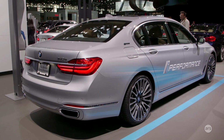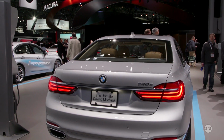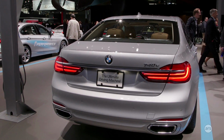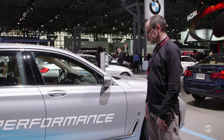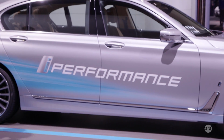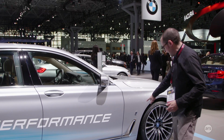So we've seen two fire-breathing 7 Series so far, the M760 and Alpina's version. Both of those have 600 horsepower. BMW also have a hybrid 7 Series coming out later this year. You can see here by the big iPerformance badge on the side. Don't worry, if you buy one of these, you won't have that giant decal there, but you will get this